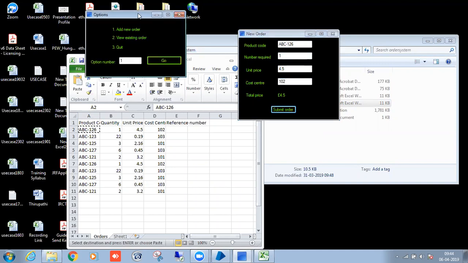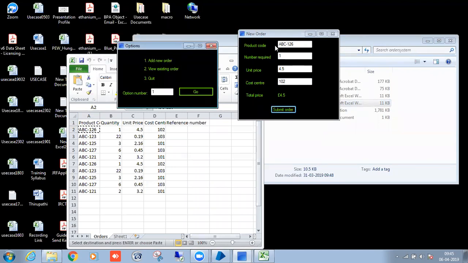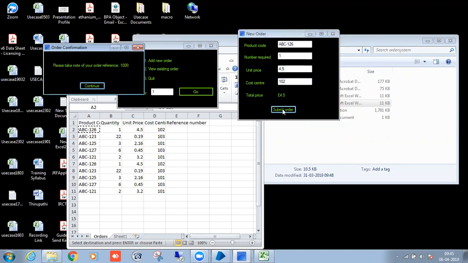Right, so after logging in, this is my next stage, options window. After that, this is my order window, new order window, where I'm entering the orders. After that, I am submitting my order. Observe here, submit the order. Then see here, the reference number came.